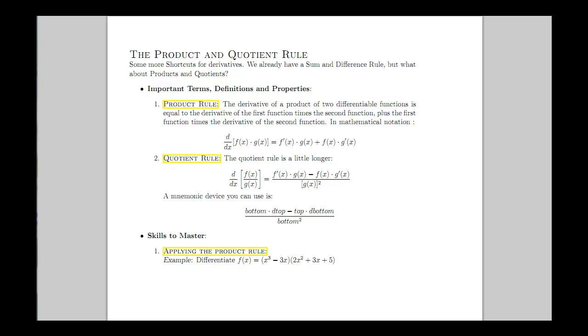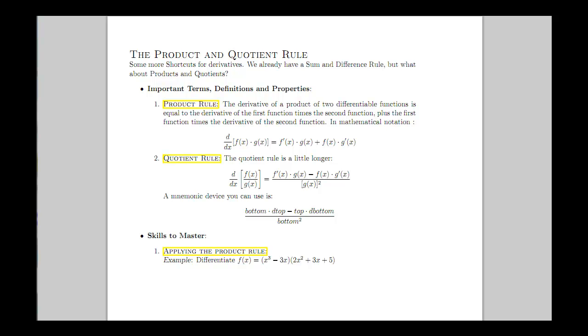If we take a look at the derivative of the function f times the function g, that's equal to the derivative of the first function f times the second function. Now notice it's not a derivative of the second function. We just rewrite the second function as is, plus now they change places. Now we leave the first function alone, and we take a derivative of the second function. So the derivative of a product is the derivative of the first function times the second, plus the first function times the derivative of the second function. So in each part of the sum, only one function is getting a derivative at a time.